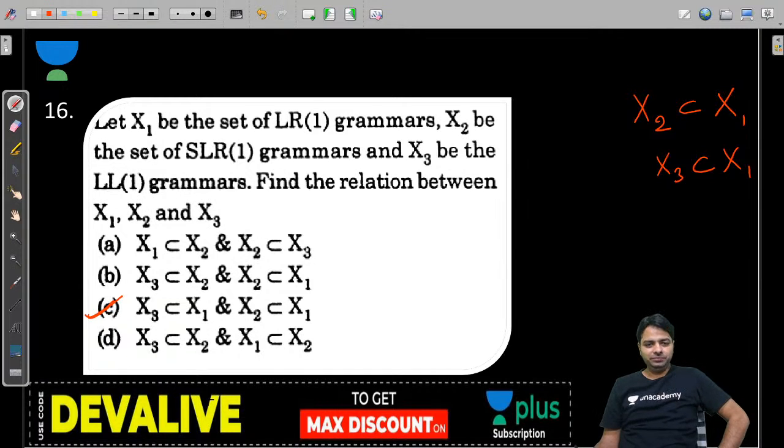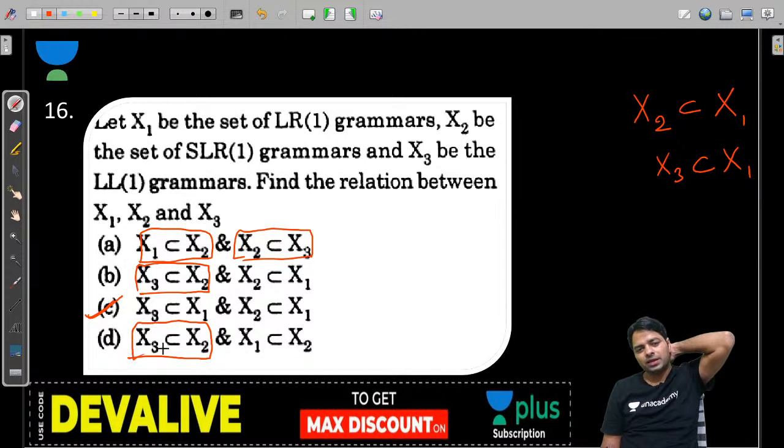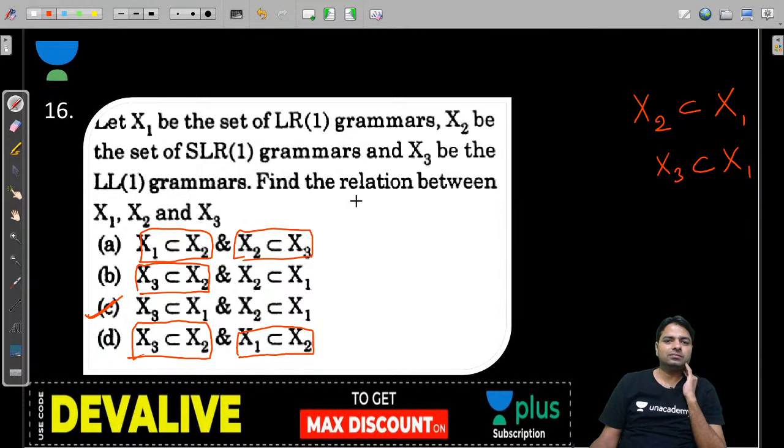Yes. Guys, what is the problem in option A? X1 subset X2 is wrong, and X2 subset X3 is also wrong, no relation at all. And option B, X3 subset X2, no relation, and X2 subset X1, that was right. In option D, what was the problem? X3 subset X2, no relation at all, and X1 subset X2 is also wrong. X1 is actually the superset. Next,